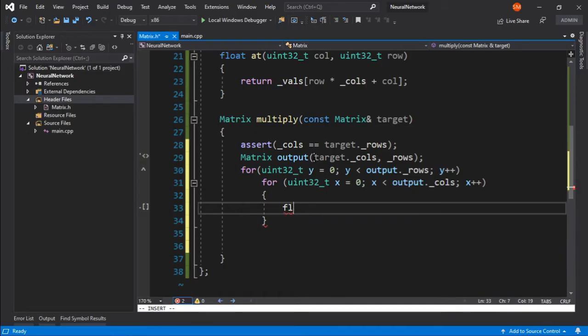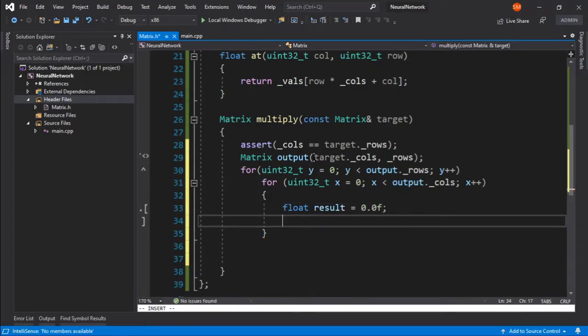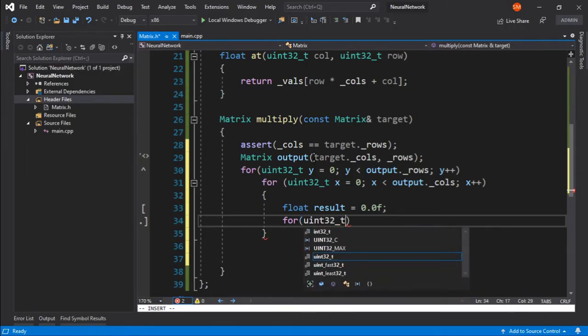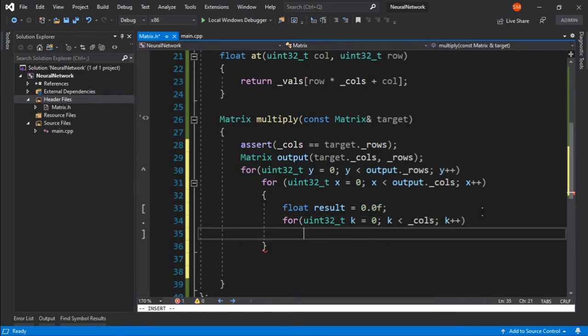We will call this result and set it to 0, and then we will loop through another loop. uint32_t k = 0, k is less than _calls, k++. We will just say result += at